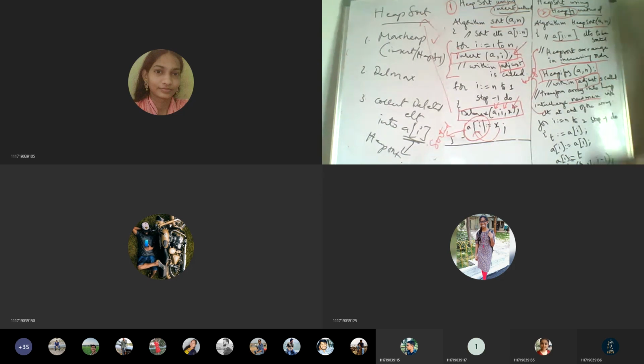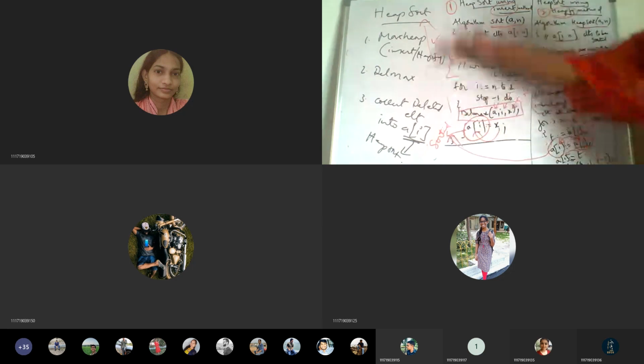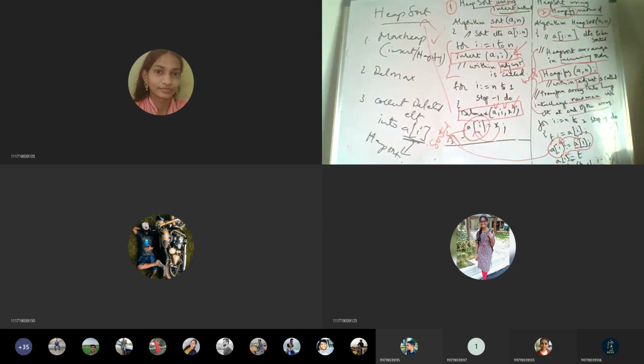We will delete the max element and it will be replaced by the element which is at the end of the array. So A of I is assigned to T and whatever is the first element is assigned to some array. This is the root max value. Every time it will be assigned, and the first one will be assigned with the last element in the tree. And again we are going to call adjust. This procedure will be repeated, and finally this A of I array is nothing but the sorted array, which in turn is called heap sort.